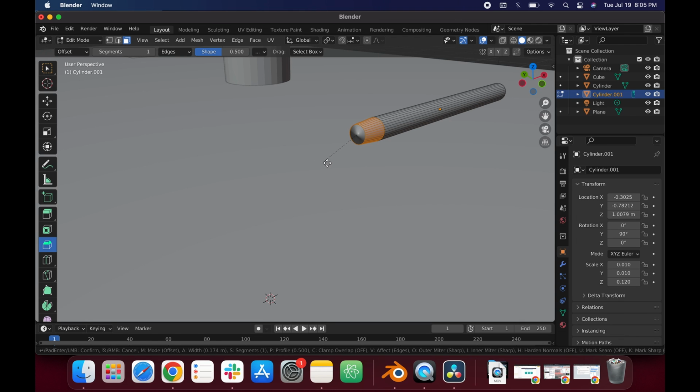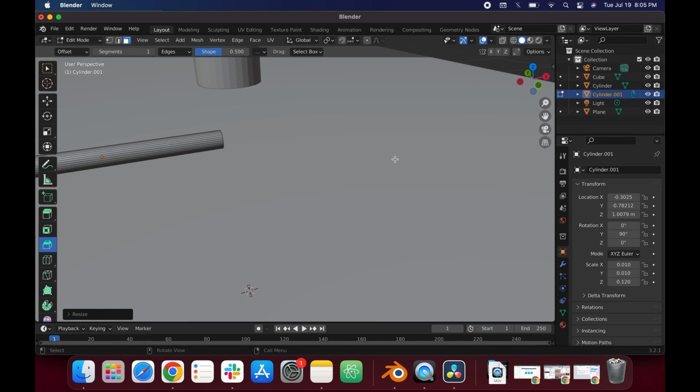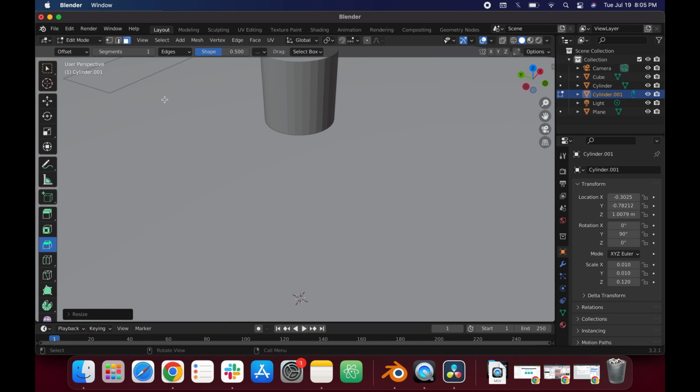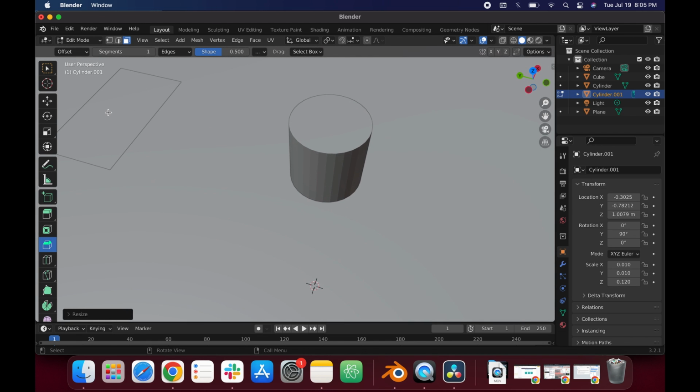And oh. Okay, that seems like a little bit much of a bevel, but we'll go like that, and then I should be able to grab this end and scale it downwards. That looks quite a bit like a pencil to me. Great. Okay, and well, the paper we don't have to do much for, but the mug, this one's kind of